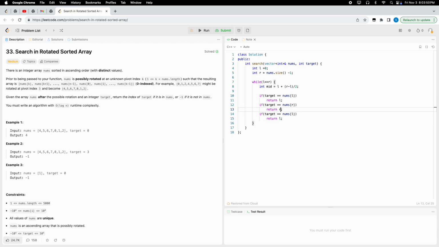Return R. And if this is mid, return mid. Once this is done, now the real game begins of moving the pointers. So what I'm gonna do is, if nums[L] is smaller than nums[mid], that means the left half is sorted. Once we figure that out, what we're gonna do is, if target